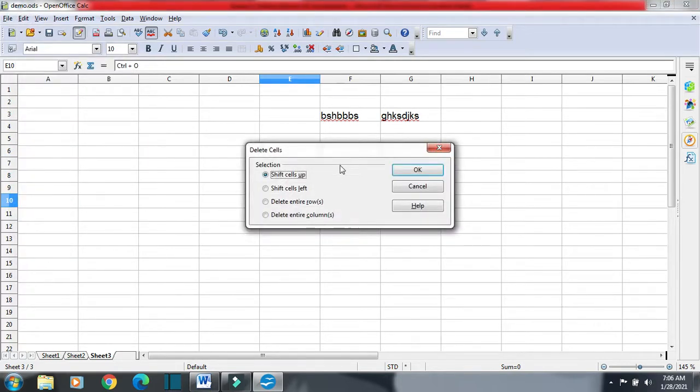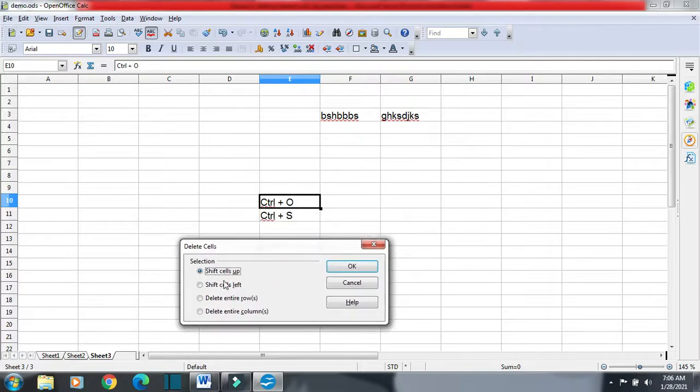Now it will ask me shift cells up, shift cells left. These two options are used to delete a single cell. If you want to delete the entire row, you will go for the third option, delete entire row. Or if you want to delete the entire column, you can go for the fourth one.